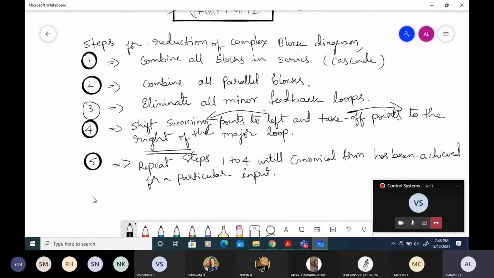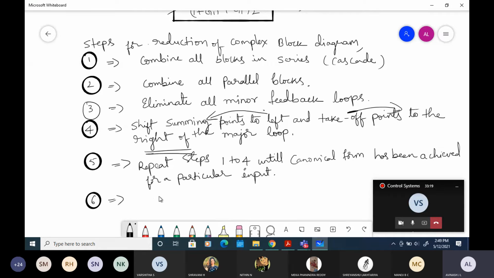Okay, so that means what? Once we apply one particular loop or one particular step, then if possible the second step, like that. Once you apply the third step, if the first step has to be applied again, you have to do it. So it means repetition. So use all these techniques, whatever is possible, whatever is good, you have to do it. Then only we'll get the final answer.